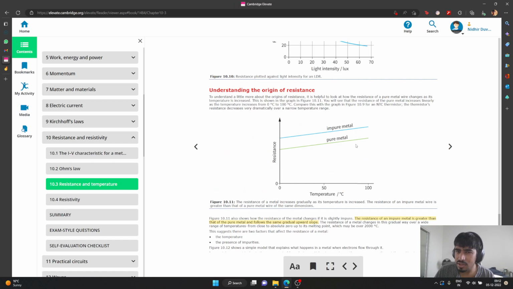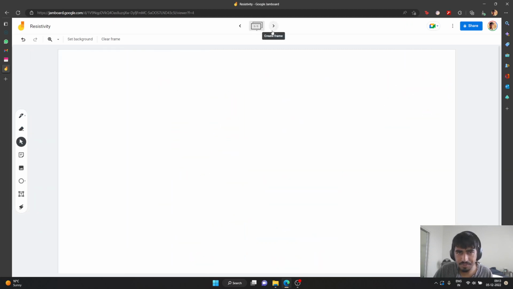And we also see that if it is pure, then the resistance is lower. If there are some defects or impurity in the lattice of the conductor, then it increases the resistance a little bit. So in the same idea,